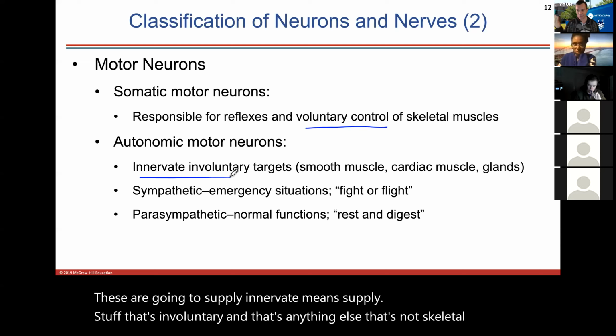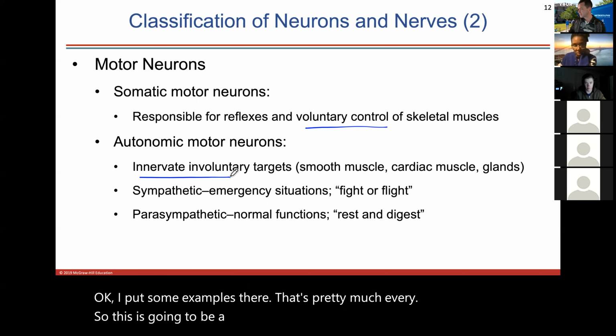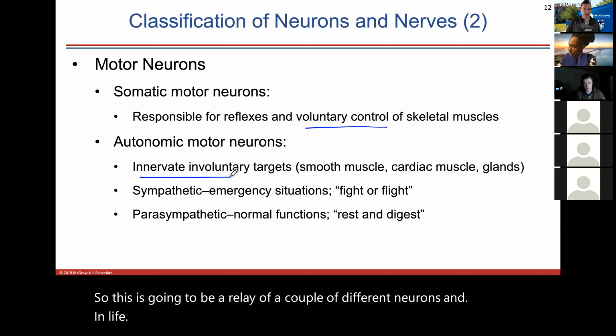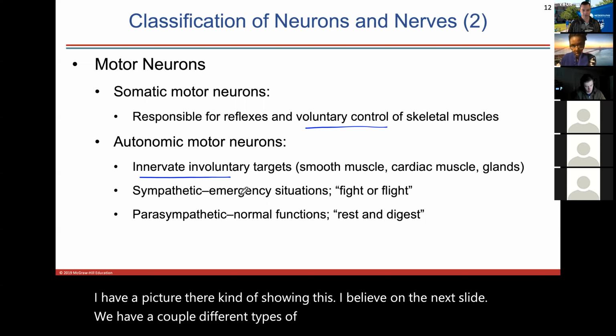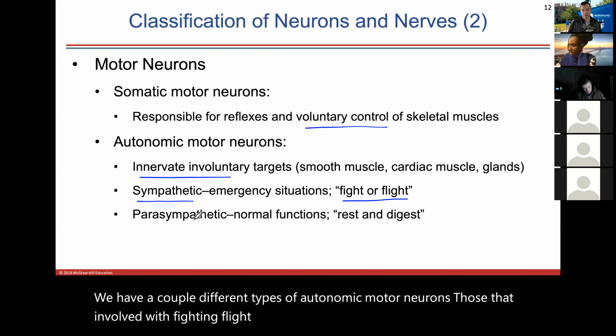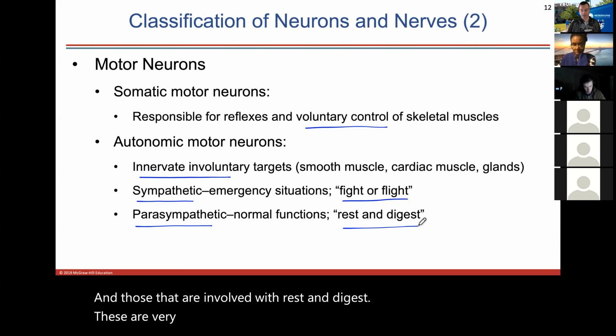Okay, I put some examples there. That's pretty much everything else. So this is going to be a relay of a couple different neurons, and I have a picture there kind of showing this, I believe, on the next slide. We have a couple different types of autonomic motor neurons. Those that are involved with fight and flight, sympathetic, and those that are involved with rest and digest. These are very opposite, right, in how they affect